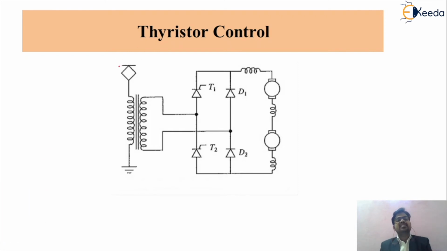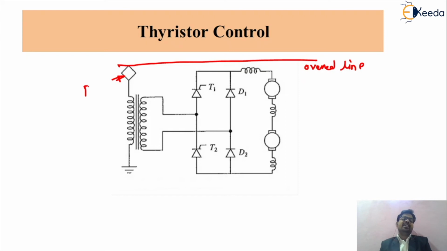Again friends, this is an overhead transmission line. We can consider this is an overhead line. This is the current collecting device, the pantograph collector, for a transmission line. So this is the AC supply. This is a transformer. This is the winding of your transformer. So this is the transformer.